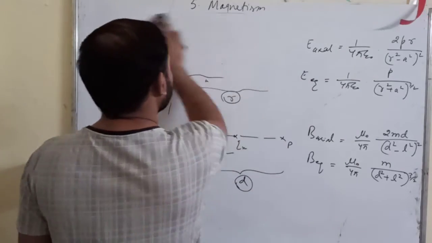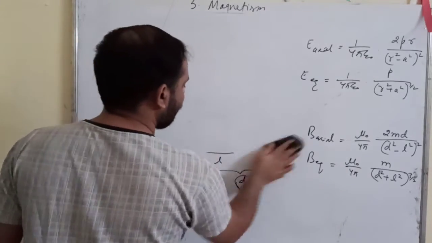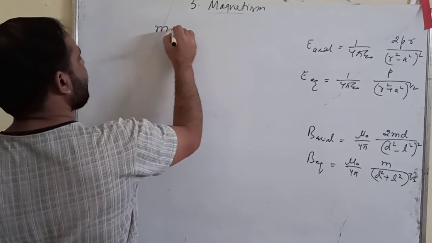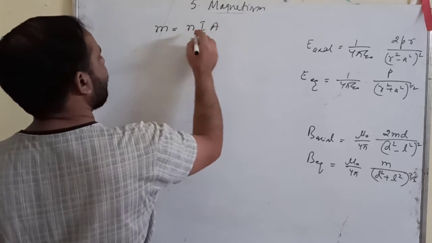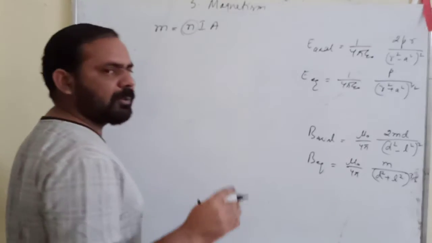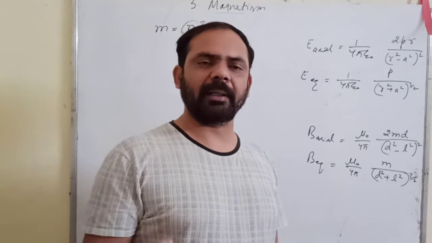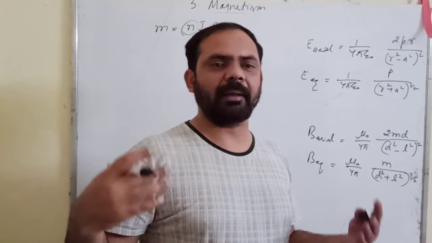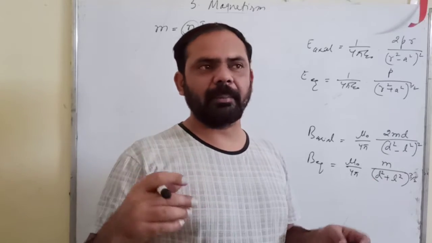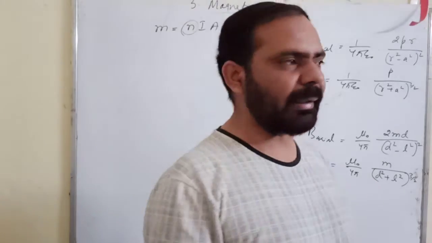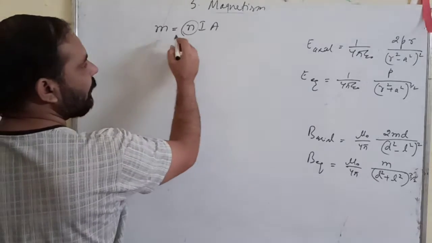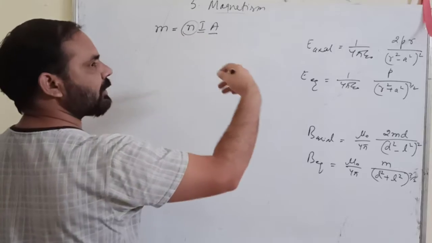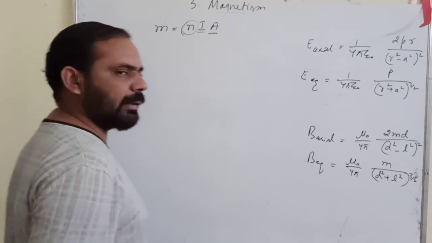Okay, a few more formulas related to magnetic dipole. As I told you earlier, one formula is M equals NIA. N is the number of turns in the loop. Suppose current is flowing through the loop; a current carrying loop can also generate a magnetic field, so it can behave like a magnet. If it can behave like a magnet, it must have a dipole moment. So what is the dipole moment of a current carrying loop? It is equal to I into A, and if it has N turns, then it becomes NIA.